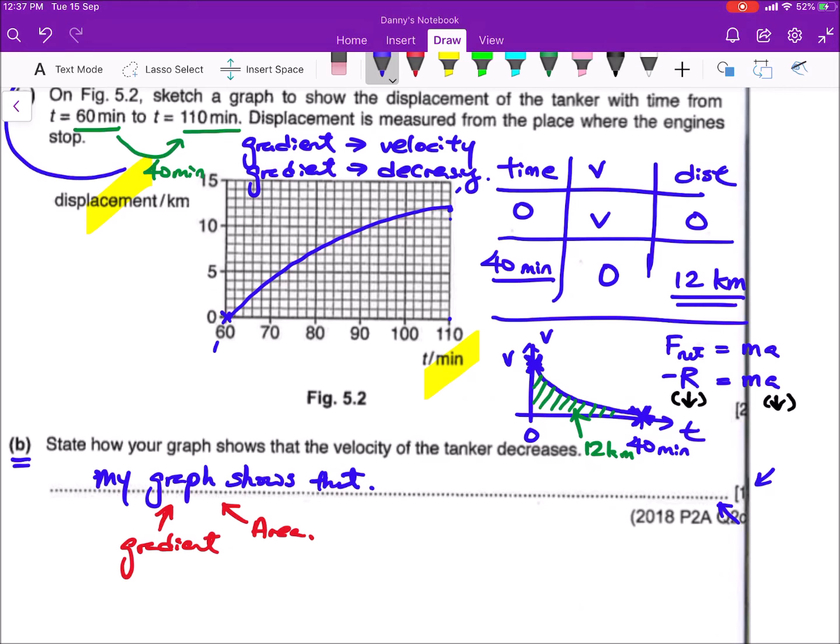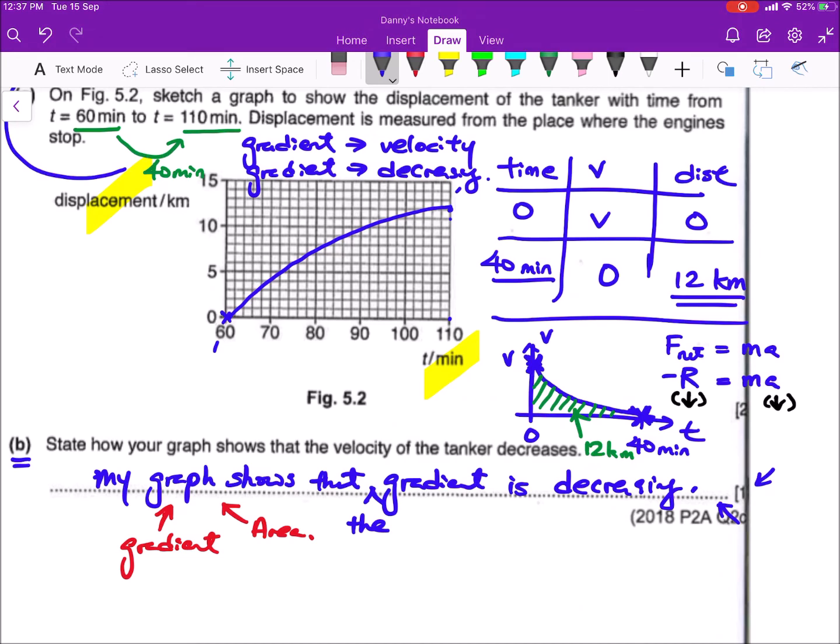So down here you can see that, where am I? Oh, okay, you just need to see that my graph shows that what? Gradient, yep, okay, shows that the gradient is decreasing. Okay, so if I just say that my graph shows that the gradient is decreasing, would I get the 1